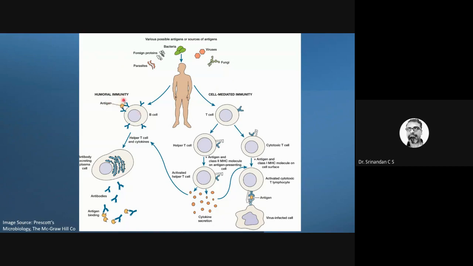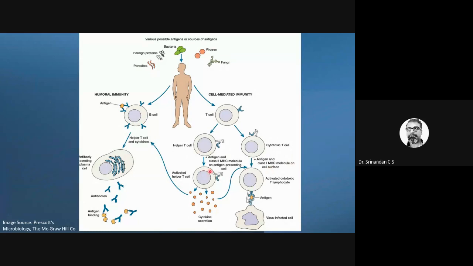This is called humoral immunity, where the antibody, this Y-shaped thing, acts. You can see the B cell will not directly act upon them. The B cell will produce this antibody, and the antibody will act upon them and neutralize them. I'll tell you more about how the antibody works. Whereas the T cell can directly act upon them. For example, there is something called cytotoxic T cell and helper T cell.